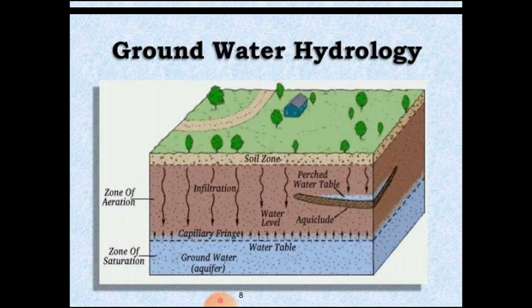Of course, there is also an intermediate point in between the field capacity point and the permanent wilting point, which is called the optimum moisture content. We'll discuss